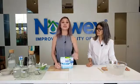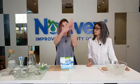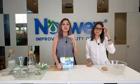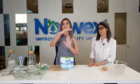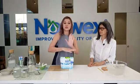However, don't assume that all front load machines are HE. A lot of people say, oh, no central agitator, one big drum, so that is a front load and it's HE. Not necessarily. The traditional front load fills the water all the way to the top. When you look at the window, you can see the water going all the way to the top. In the HE machine, you will see that the water only